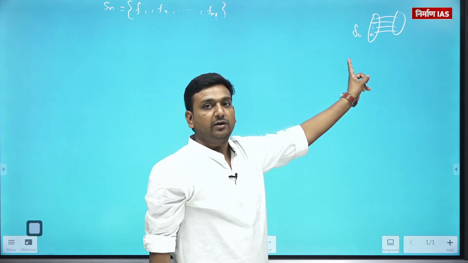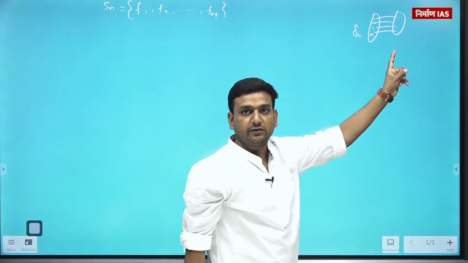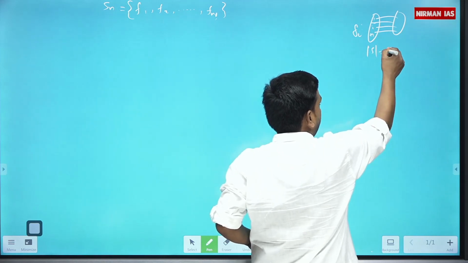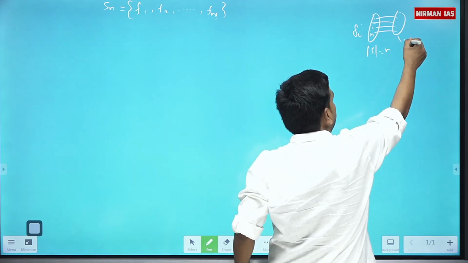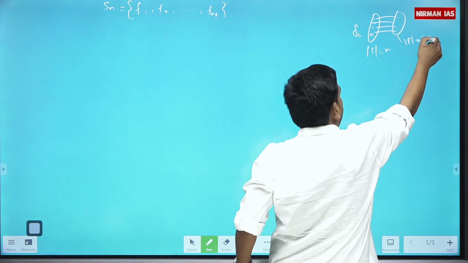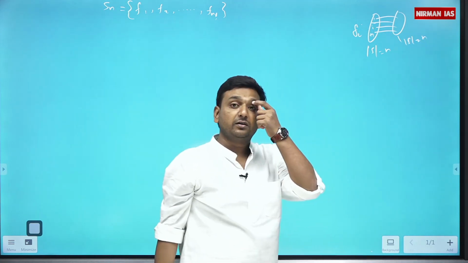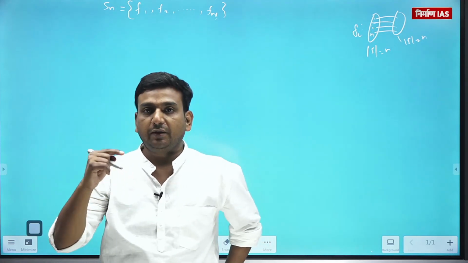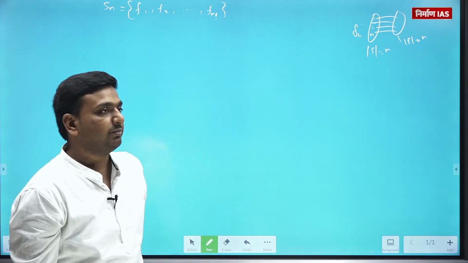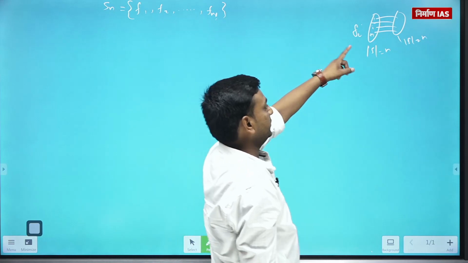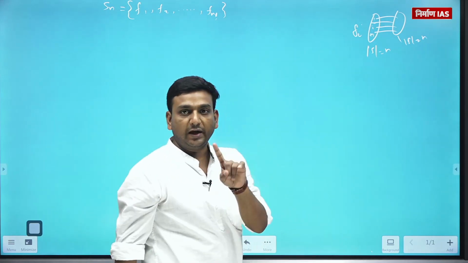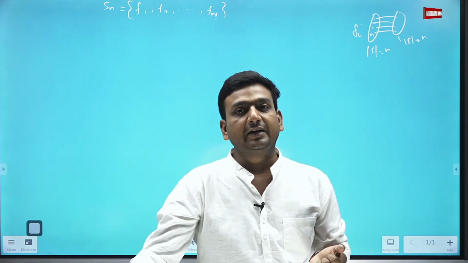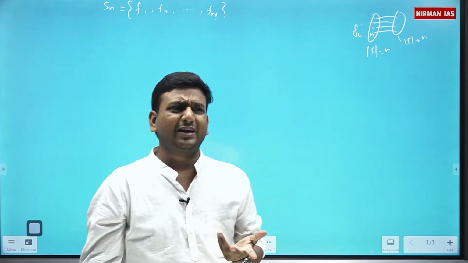So how many one-one onto functions can we define on a set with cardinality n, meaning a set that has n number of elements? Those are n factorial. If you didn't study it in permutation and combination, I can teach, but this is